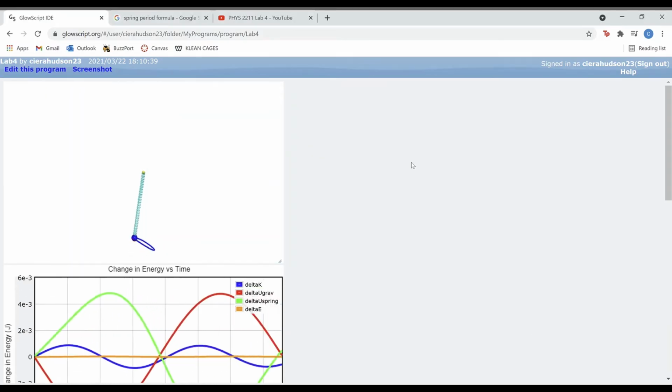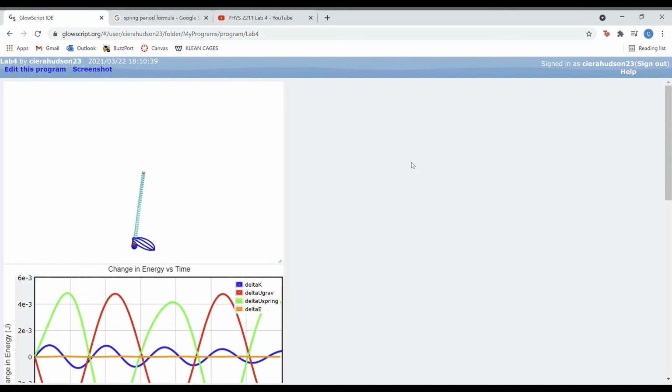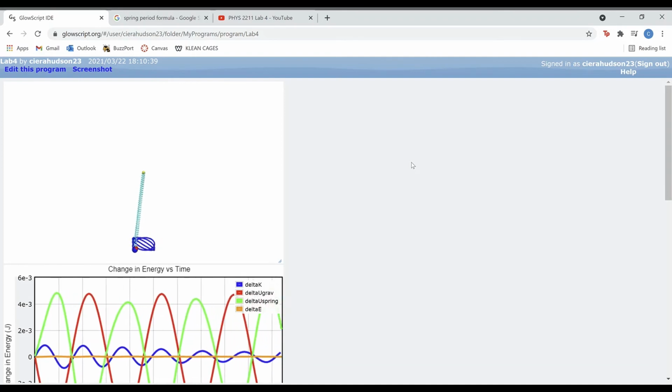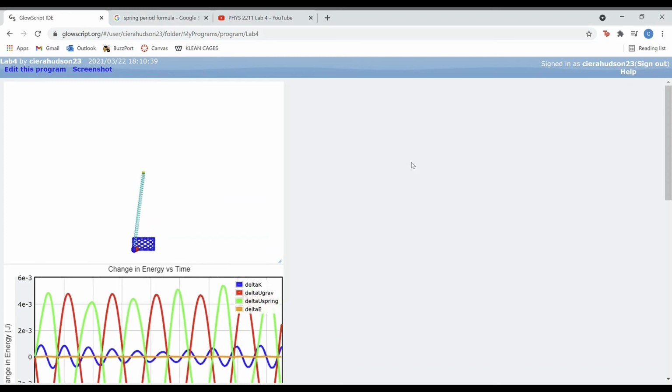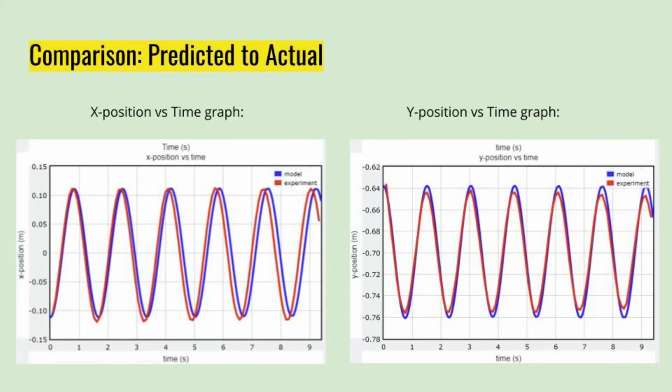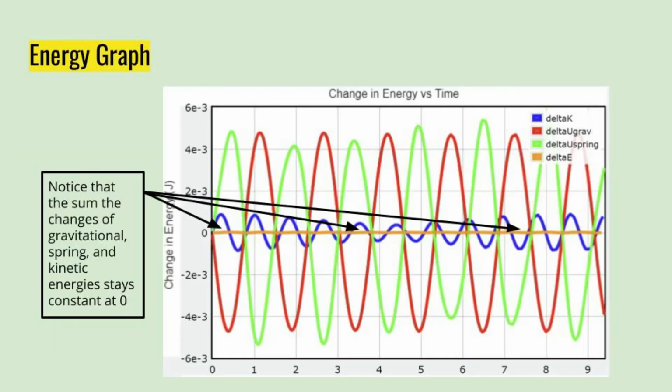As the program runs, you can see that the motion of the ball in the model moves similarly to the motion of the load in the video. The computational model of the object closely mimics the position values at the intervals of the Tracker video. The following graphs show the motion of the computational model compared to the actual Tracker position values. You can see that the predicted motion is very similar to the actual motion in both the x and y directions. The energy graph shows the changes in gravitational, kinetic, spring potential, and total energies throughout the time that the